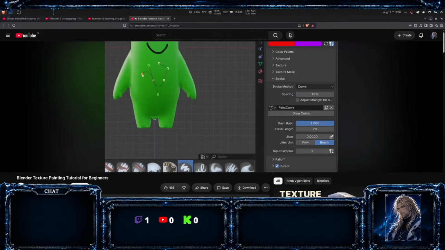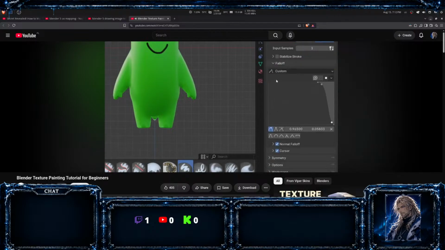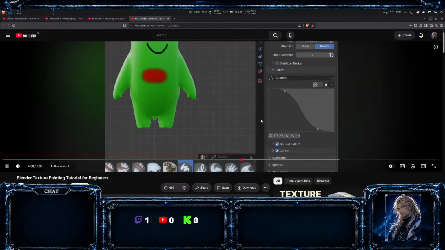For the remainder of the video, I'll go back to using the space method. Now let's move on to the fall off section. This section defines how the lines of our drawings will look like. You can either use one of the available presets in the list, some of them also appear here, or you can create your own. You can clearly see the difference between the brushes depending on the preset we choose. You should choose the fall off depending on what